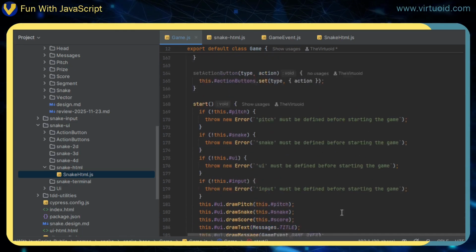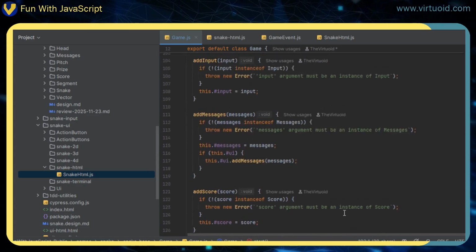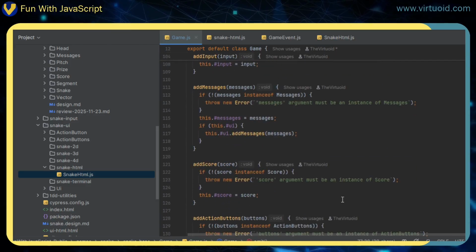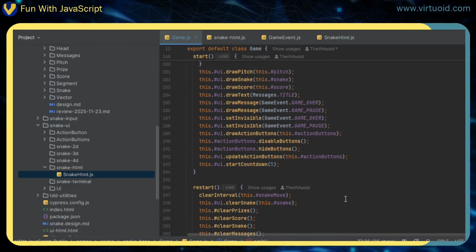And once we start the countdown, we're going to be listening for events that occur. For instance, we have started the countdown, the UI for the countdown after each tick, and the most important one, when the countdown has been completed, which basically means that the countdown has finished up. And so once the countdown finishes up,